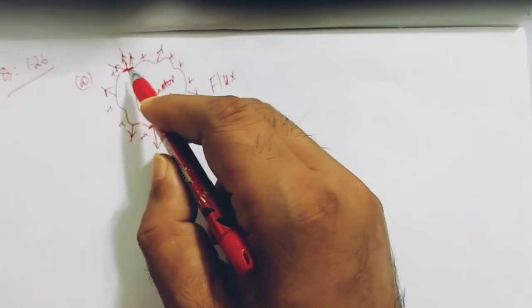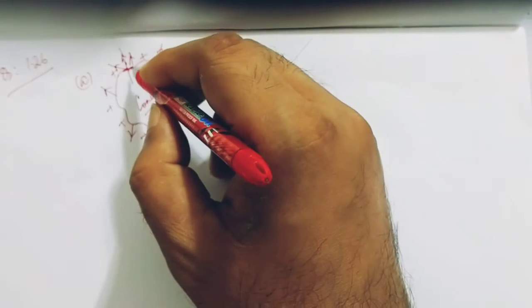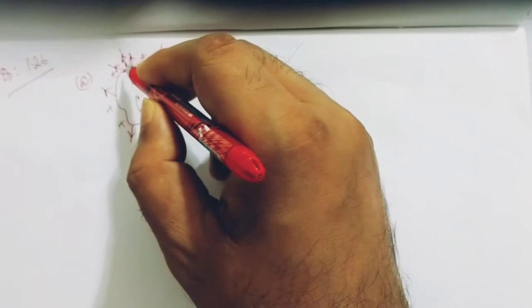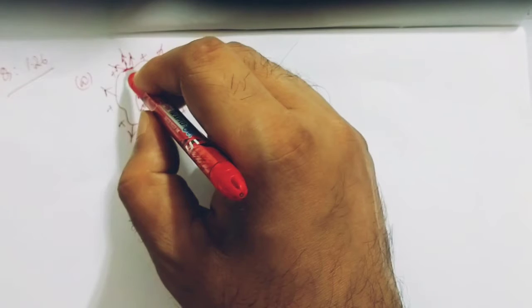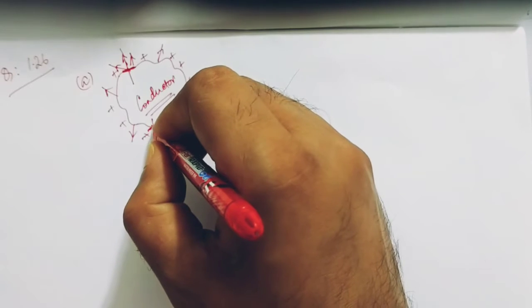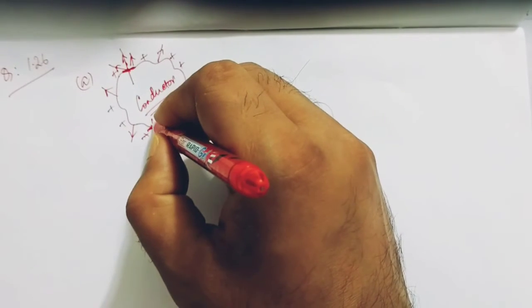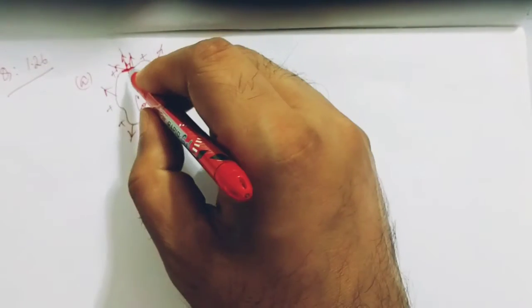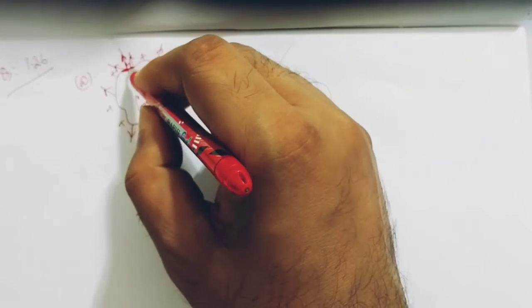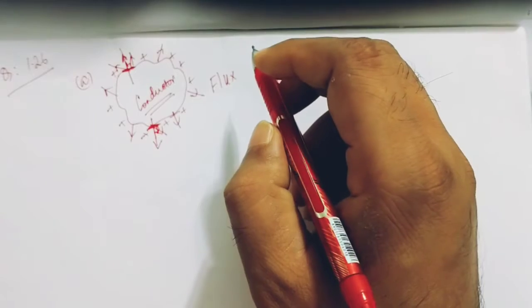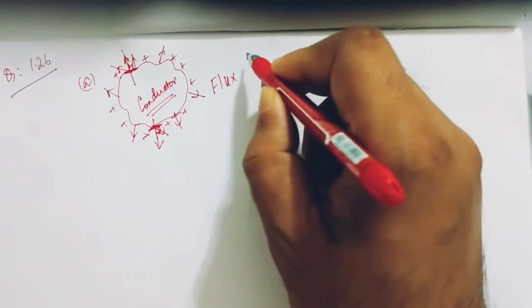Got it now? Because the flux line should be perpendicular to the surface at a particular point. And how can we measure this? We have to draw the tangent to the surface at a particular point and make a normal to this tangent, then the flux should come out perpendicular to this tangent. Okay, as per the property we read in the earlier theoretical lecture.